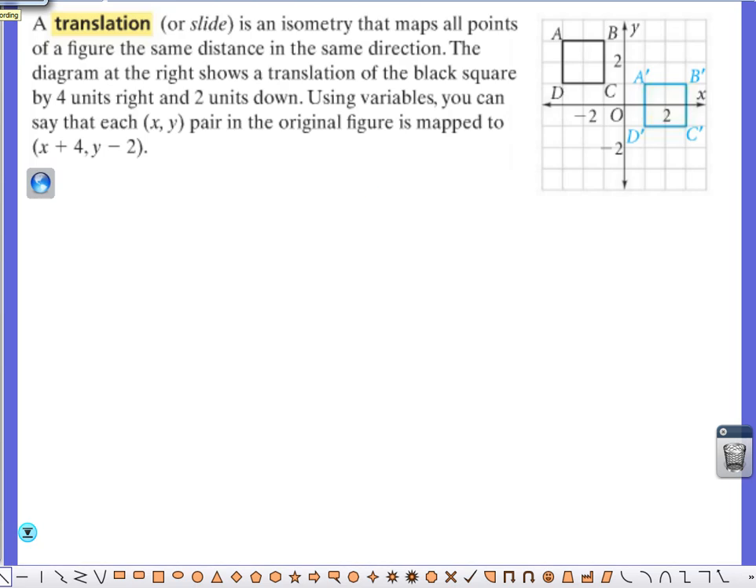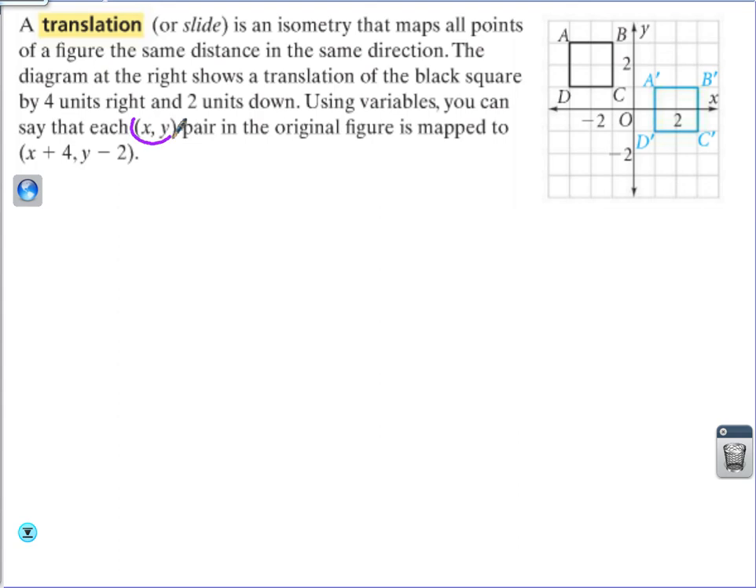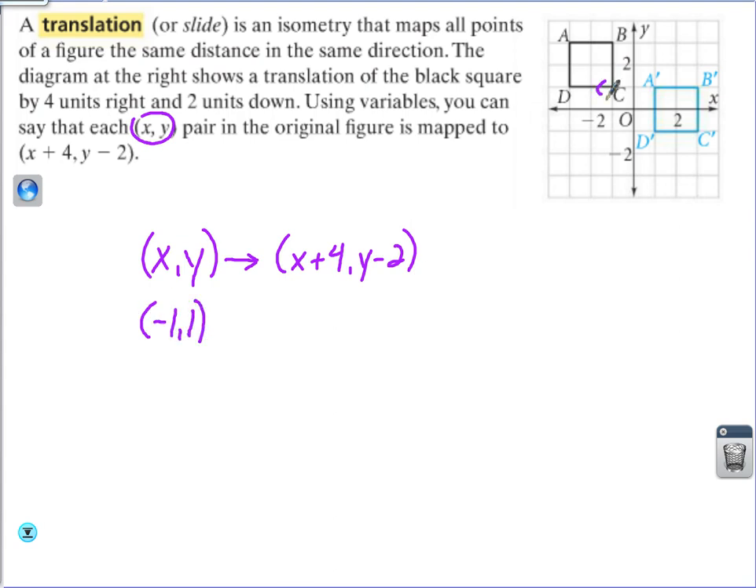Translations. A translation or a slide. Here's what your rules are going to look like now. (x, y) turns into something like (x plus 4, y minus 2). And that's actually the transformation that is mapped up here. Let me show you how to do this. If you had a point like (-1, 1), which is actually right here, and you use this transformation to map